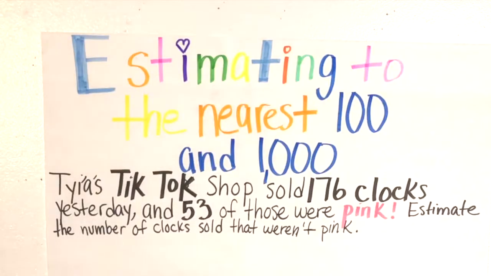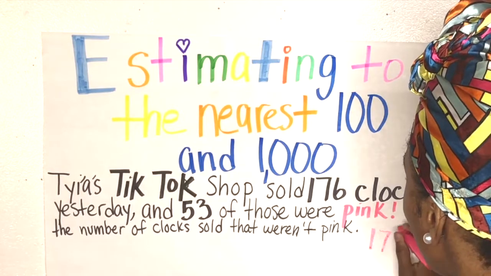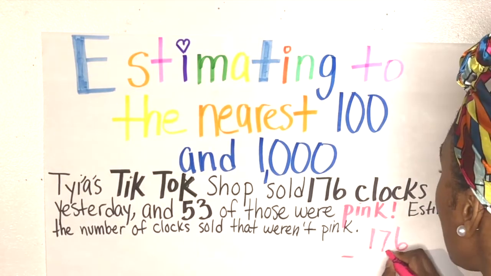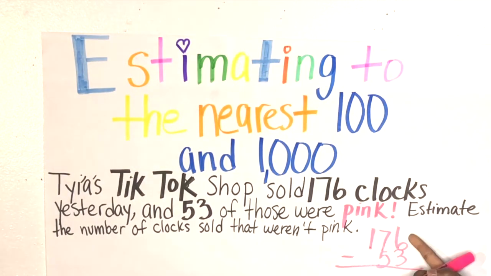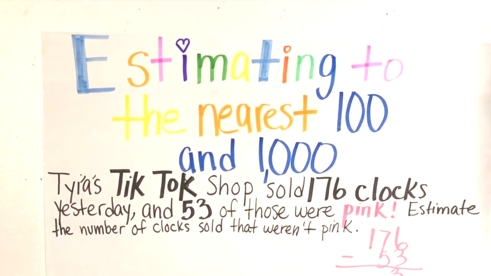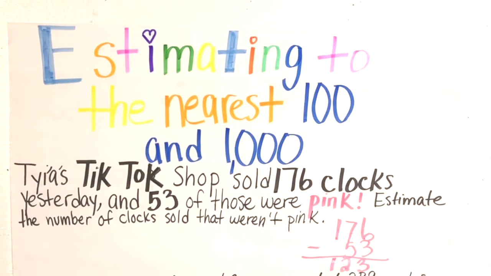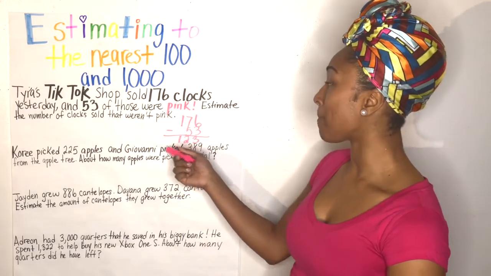Let me line up my numbers. 176 minus 53. Okay, now I have 6. Can I take away 3? Yes, I can. Here goes 3. I have 7. Can I take away 5? Yes, I can. And I'll bring down my 1. So, and all together, so she sold about